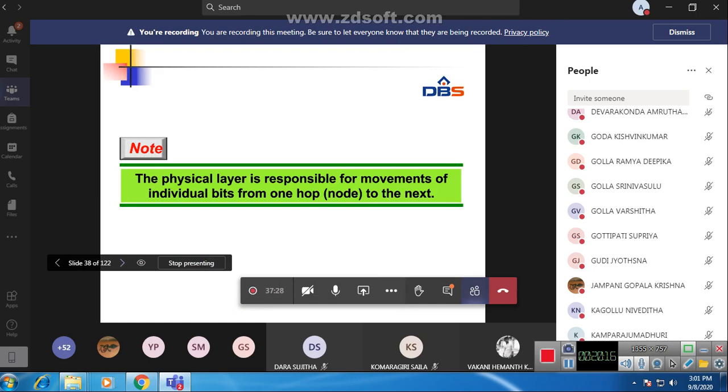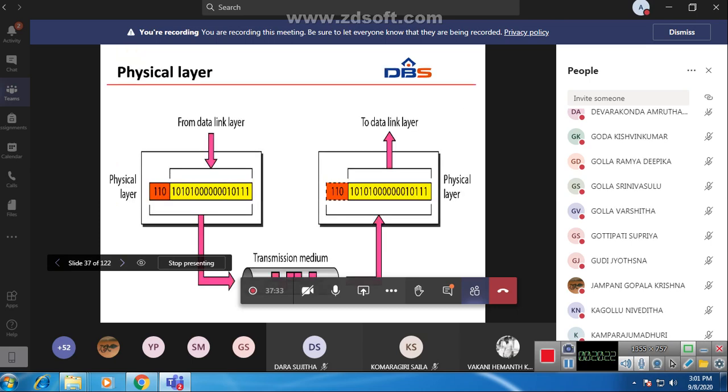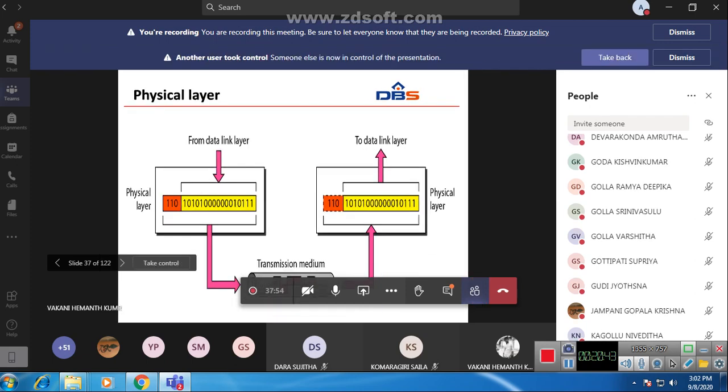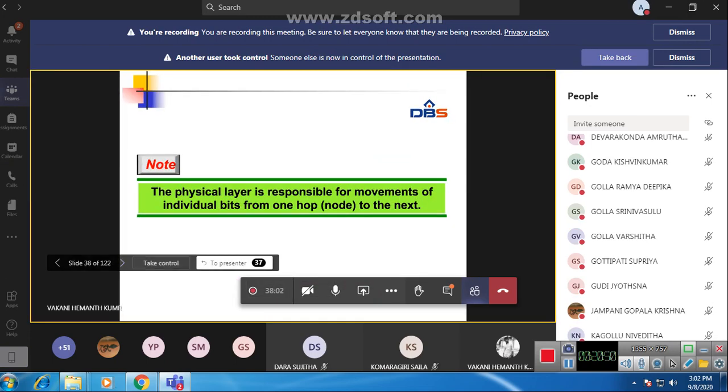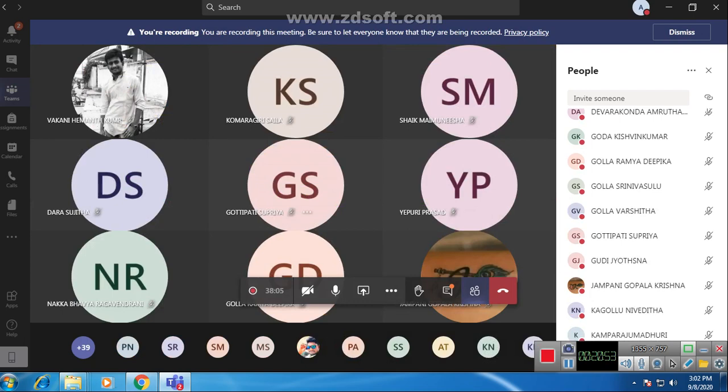So here the physical layer is in a single format, in a single line. From the data link layer, the data in the physical layer will be converted into bits, so that will be given to the transmission medium. At the receiver end, again the physical layer receives the data. In the receiver also the data will be in the format of bits, so that will be given to the data link layer. So that is the main function of the physical layer. So here the physical layer is responsible for movements of